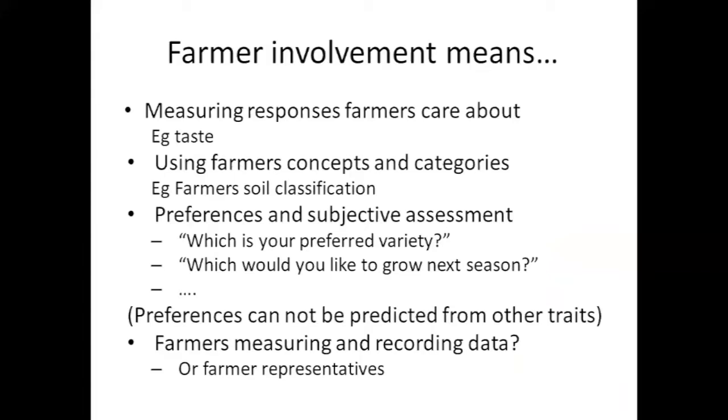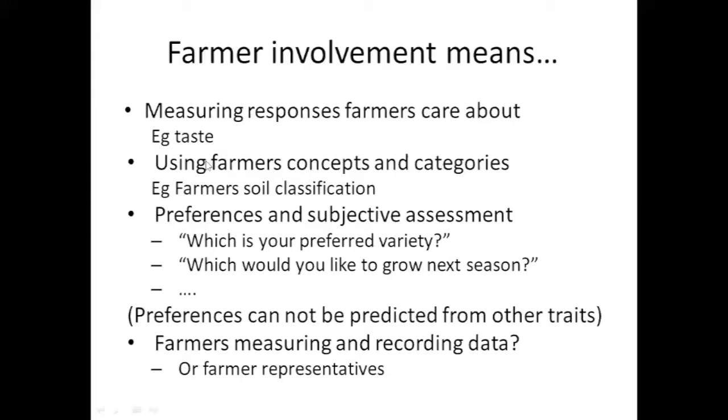It's very interesting. If you look at farmers' adoption of new varieties, they don't just adopt the highest yielders. They care about all sorts of traits of those varieties. And so if you're going to do useful variety trials, then you must make sure that you are measuring things farmers care about, not just the things that researchers normally care about. So an example for that is taste. Taste of the cowpeas, taste of the sorghum, whatever it is they're testing. It's something you might want to test, to measure.